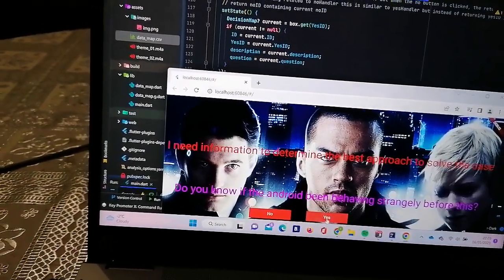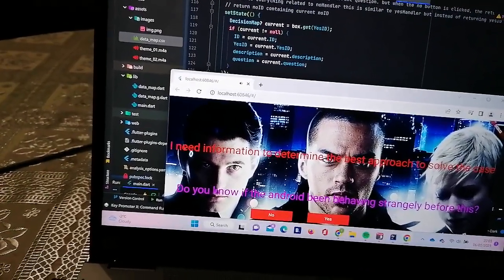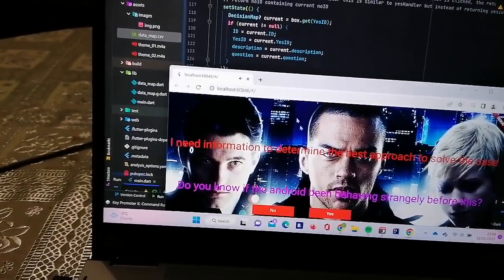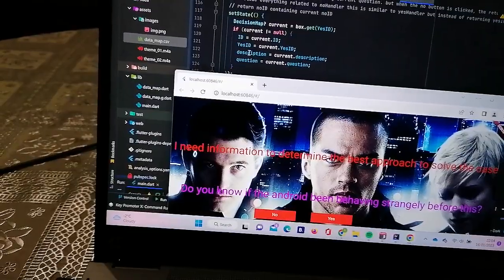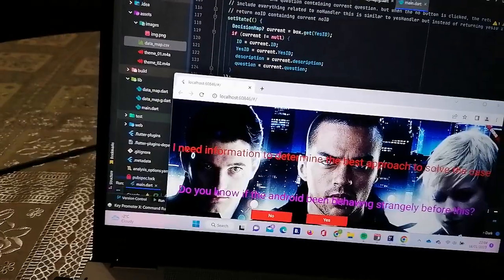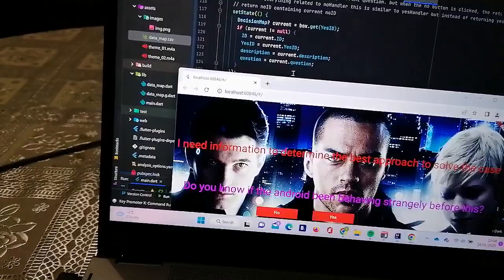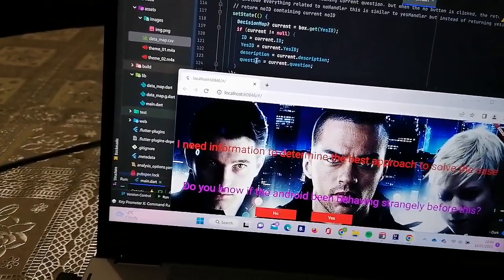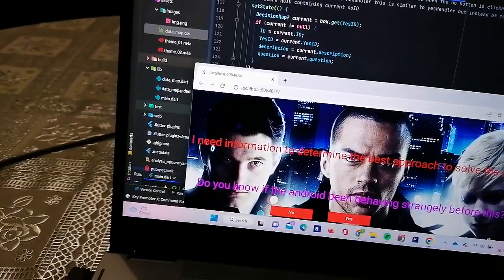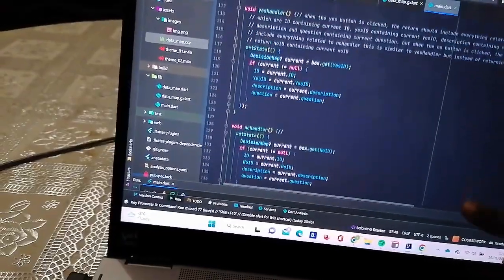The current description will be stored as description, and the current question will be stored as question. But when a no handler is pressed,